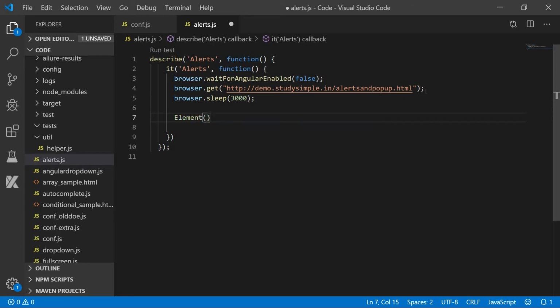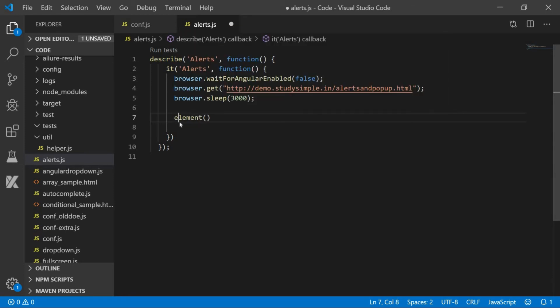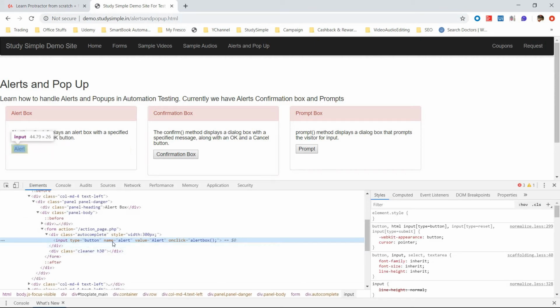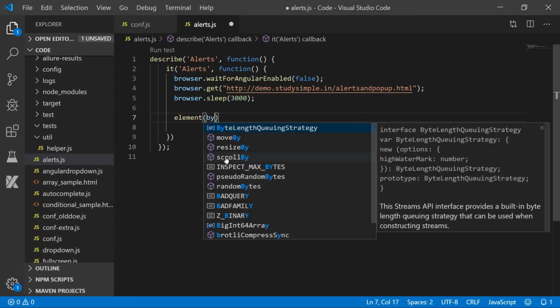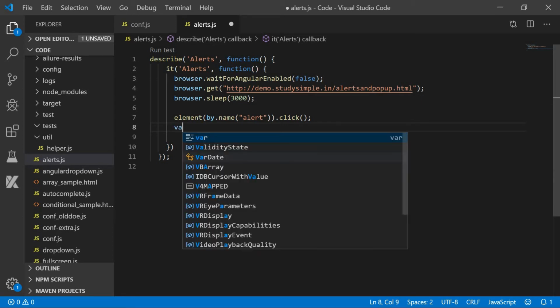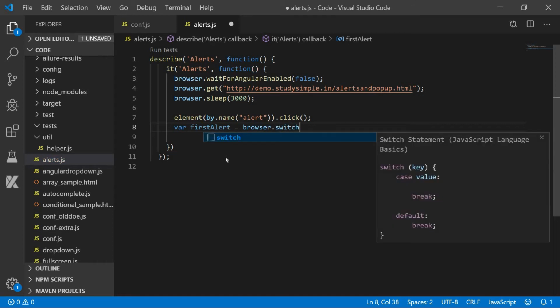Now the first thing we need to do is identify the locator. In this case we have to identify the locator of the button, because we will be pressing this button first. So click on the alert, give it a try on the inspect, and you can see that we have name equals alert. So we can add the locator name. How can we add that? We can add that using by.name, and we have to pass the value to it. Okay, and then we have to do the click operation. This is the action. So in this line we will have the alert button clicked. The next thing is that we will be using a variable. We will name it first alert, and inside that we will use browser.switchTo().alert(), because we need to switch to the alert.